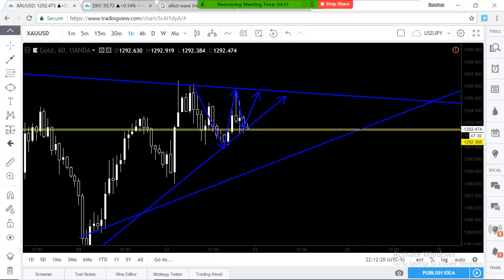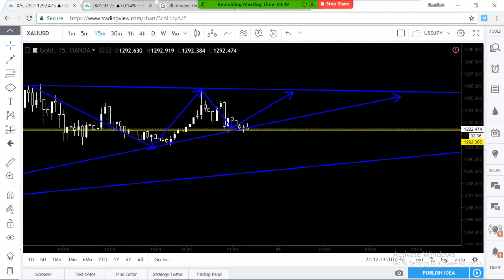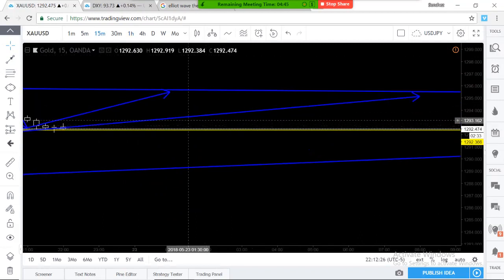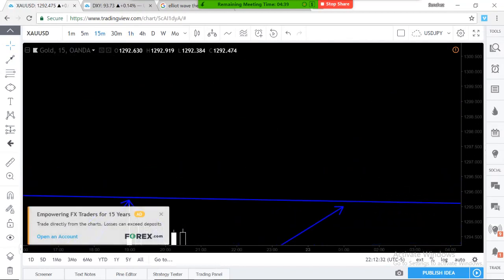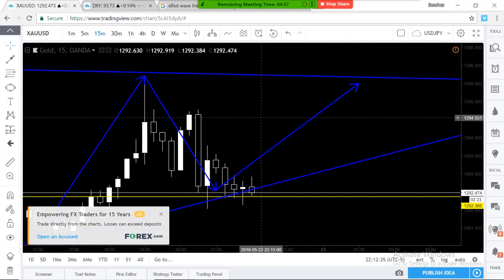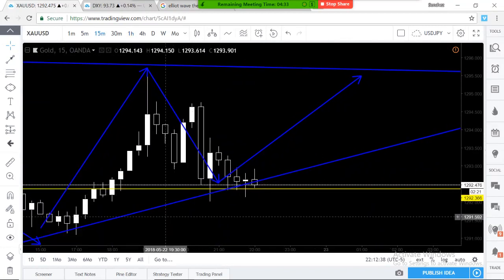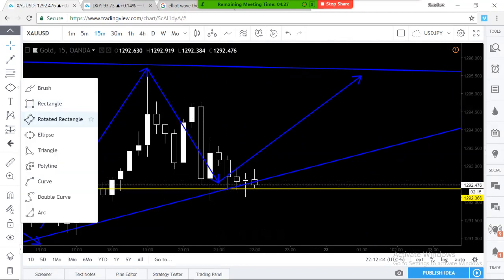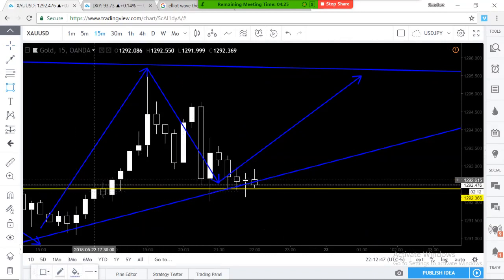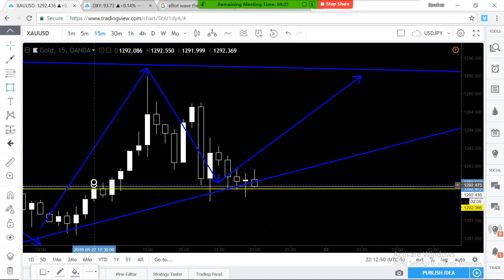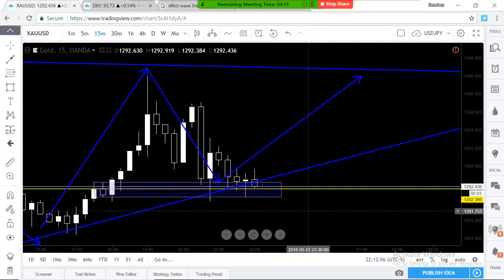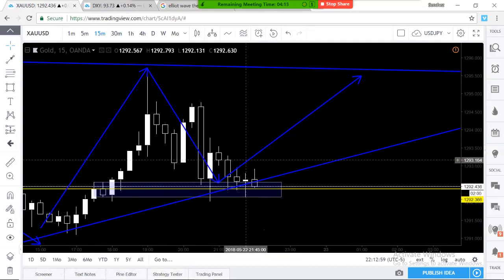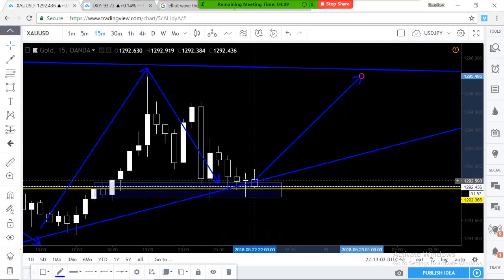Now, if you want to get real granular, you can go down to 15 minutes. What you're looking for is price action to tell you when to enter. So in a sense, you're looking for candle patterns. On the 15 minutes, you can see a lot of wick rejection off that zone. Wick rejection means high support, a very respected zone. Price doesn't want to go there. It loves that zone. So again, that's just more confluence that it's going to the upside.